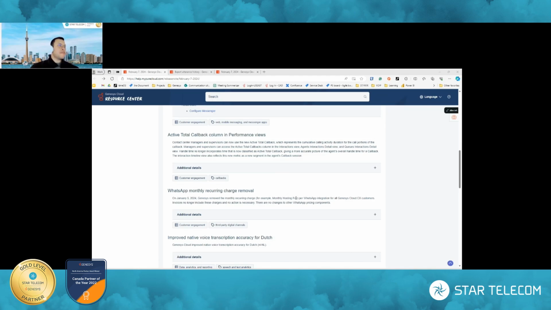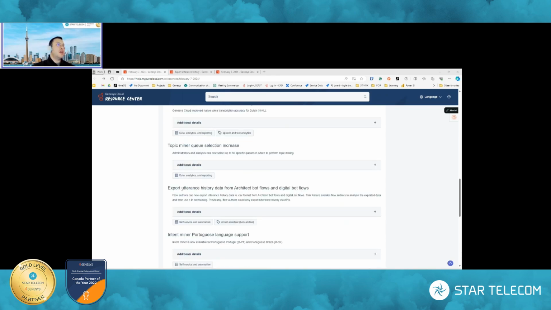Okay, let's move on here to utterance: export utterance history data from Architect bot flows and digital bot flows. So what the heck does that mean? When it comes to bot design, when someone types in a keyword, or you provide, let's say, an intent menu, by intent menu I mean when you're interacting with the bot, it gives you a list of actions to do or to guide you through the particular flow of the bot. Well, if you give the option, you design it so someone can type in,